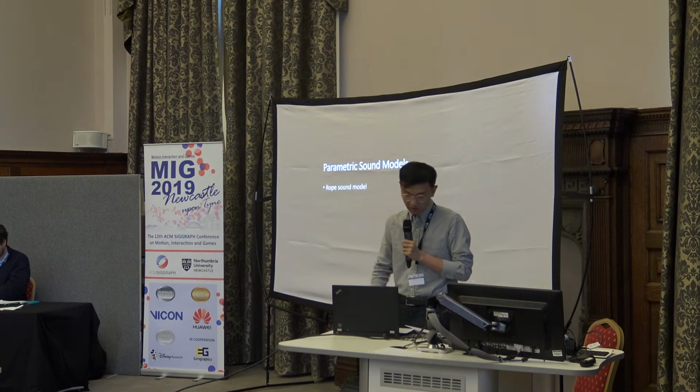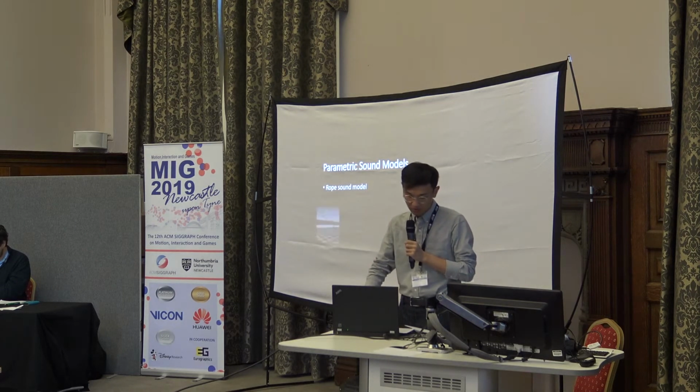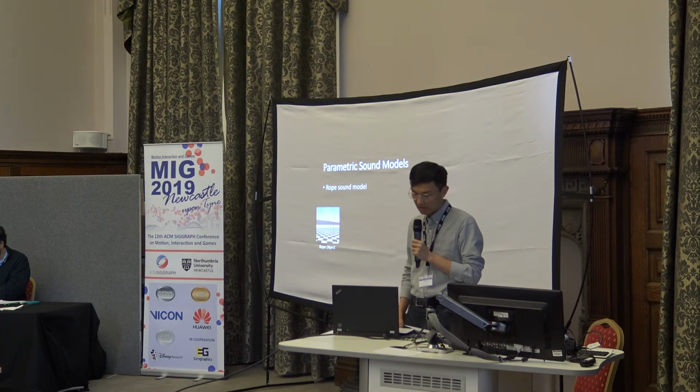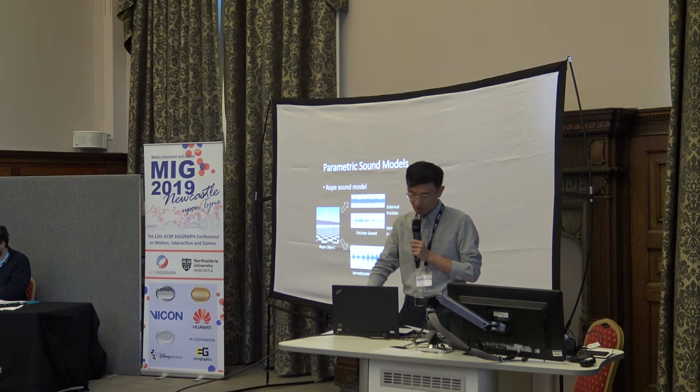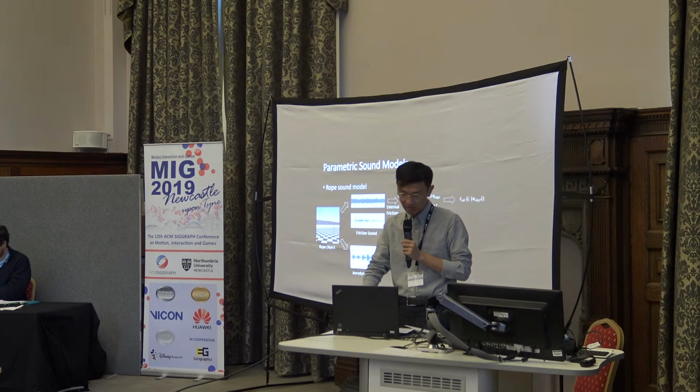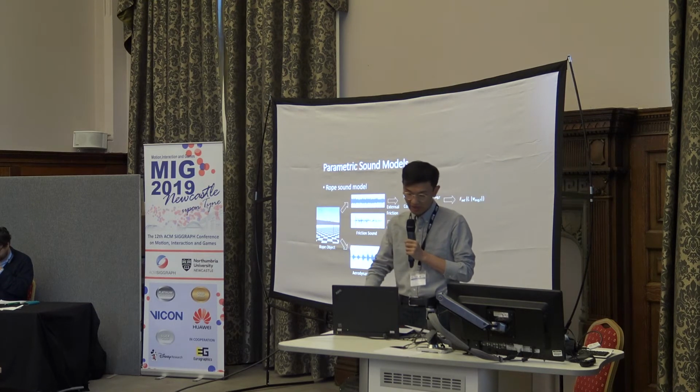So now let's take a look at the rope sound model. For any given rope object, we identify three types of sounds: a sliding sound we call external friction sounds, a scratching sound called internal friction sounds, and a whoosh sound or aerodynamic sound. Similar to the cloth friction model, we use the average sliding speed and the contact gradient size to output an external friction model F to drive the synthesis of the sliding sounds. For internal friction, we measure the average change rate delta S of the rope length to model this kind of sounds.